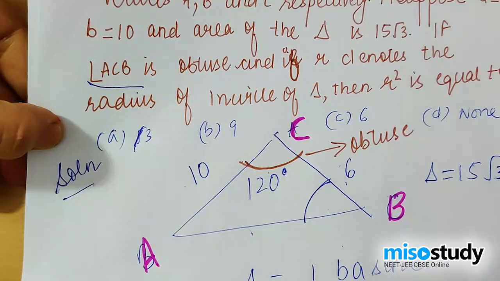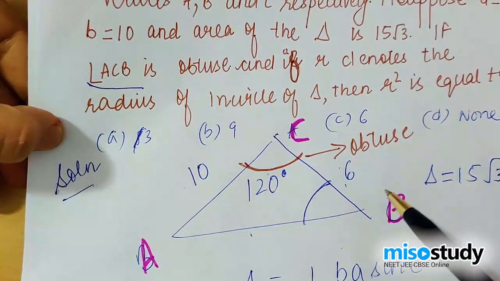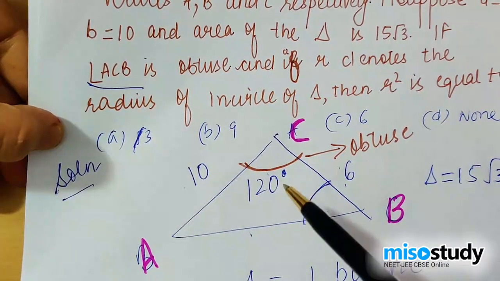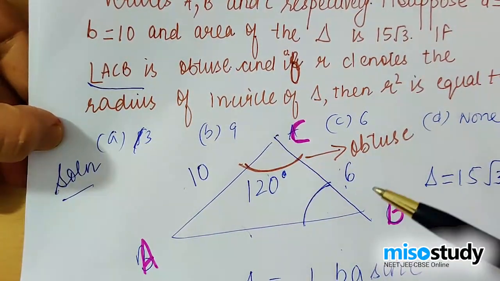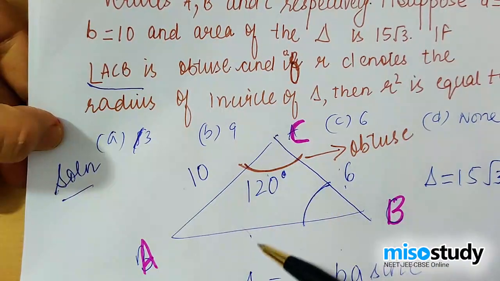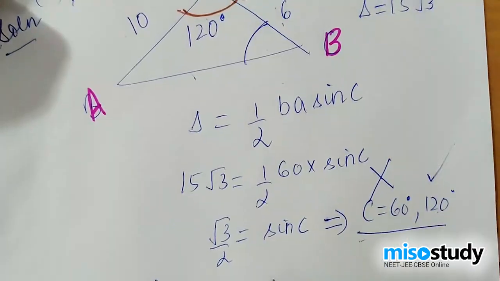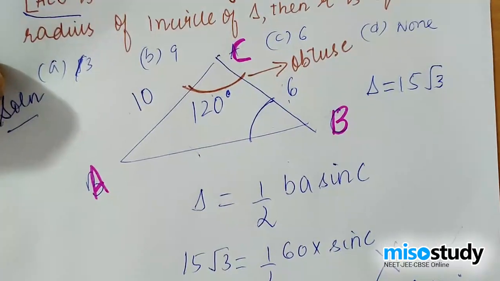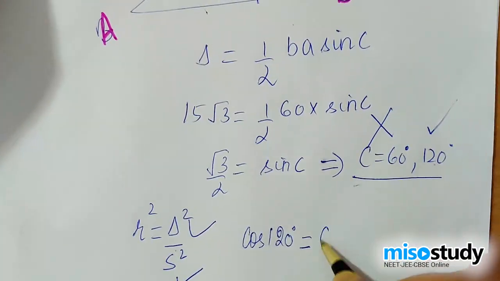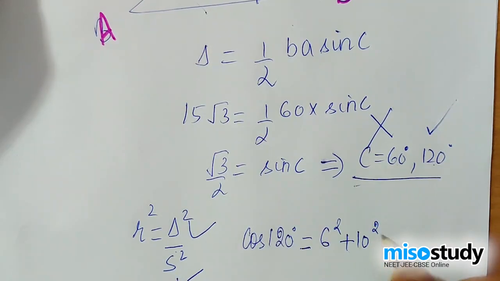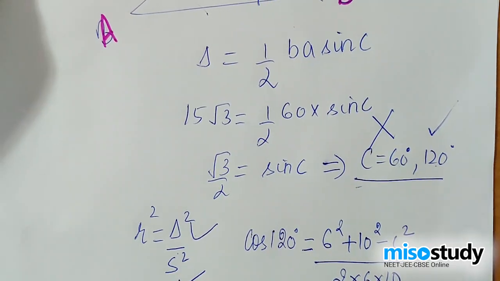We can use the cosine formula, because whenever the two sides and the included angle are given, you can use the area of the triangle because that uses the two sides and the included angle. You can also use the cosine formula, because even if one of the things is unknown, you can find it out from the others. All right, so in this case, I know cos of 120 degree would be equal to 6 square plus 10 square minus c square upon 2 into 6 into 10, right?